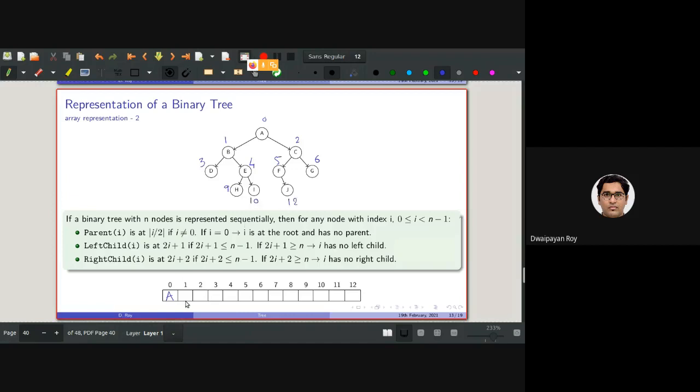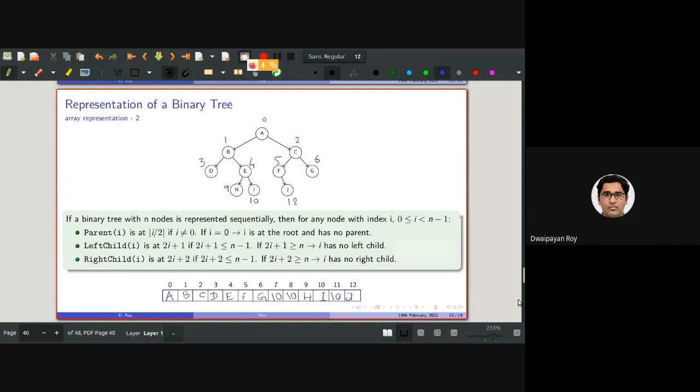So in the 0th position it will be A, 1st position B, 2nd position C, D, and then the 7 and 8 positions you can put a \0 or null here. \0, as you can remember, represents a null. 9 will contain H, 10 I, then again a \0, and then J.